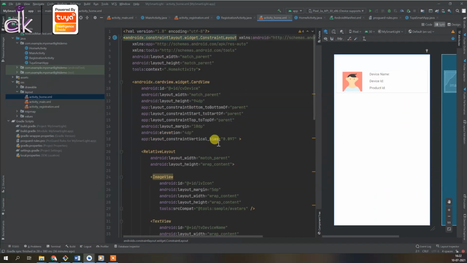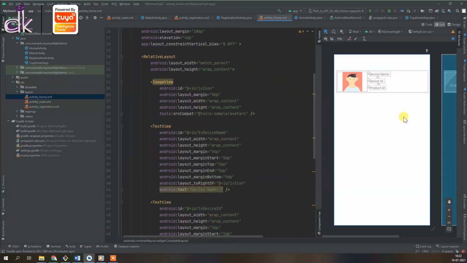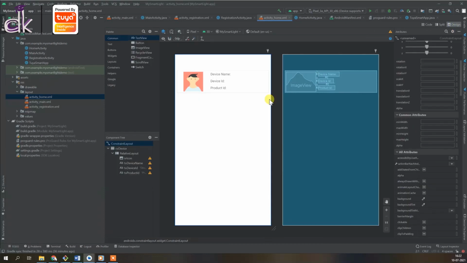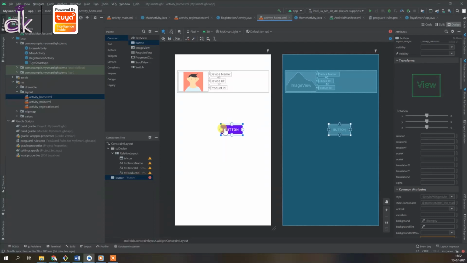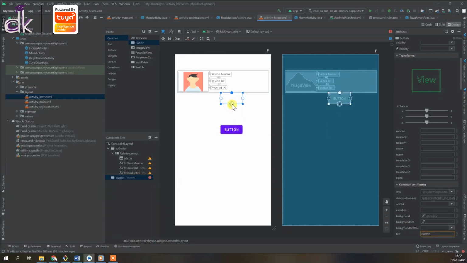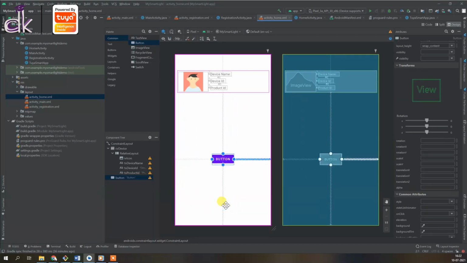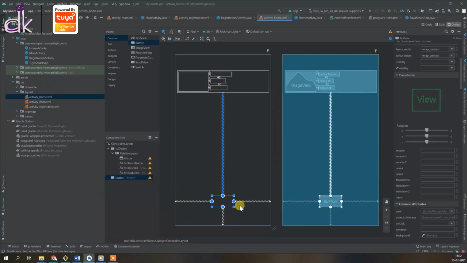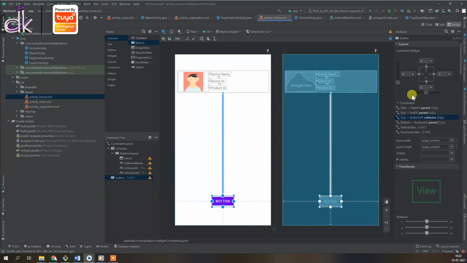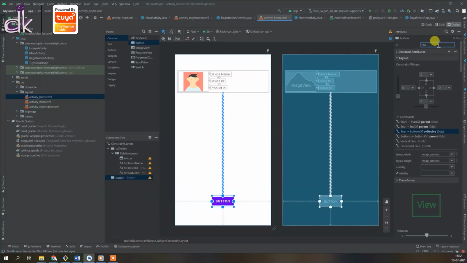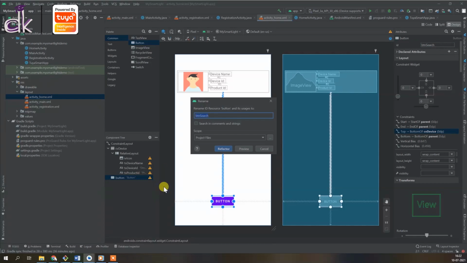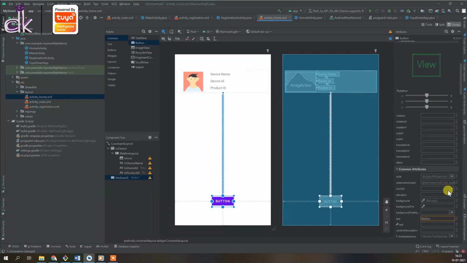Okay, and the next thing you want to do is like I mentioned, add the button. So let's go to design and add the button here at the bottom. So constrain it with this card view and then constrain it on all four sides. Place the search devices to the end of the layout here, and you can change the button ID to BTN search. Okay, we'll call this as BTN search. Do a refactor and change the text to search devices.